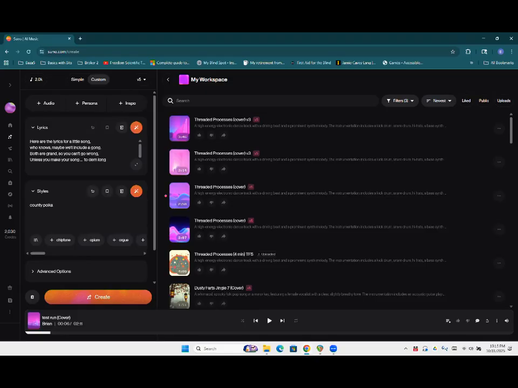Country polka. Oops. Country polka. There we go. Country polka. Now, below this are going to be some buttons for some different styles that I could put into that edit